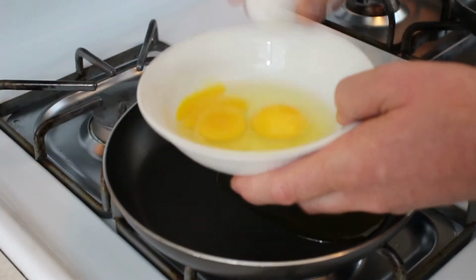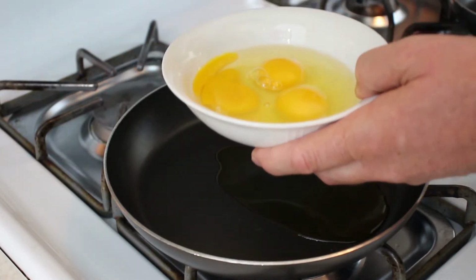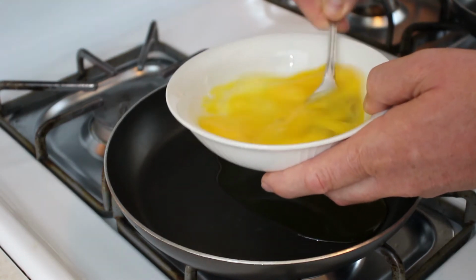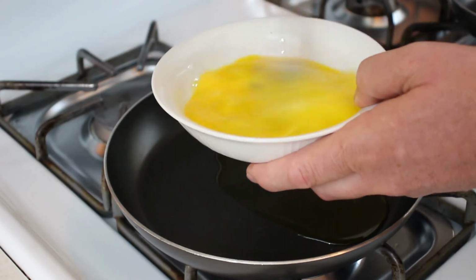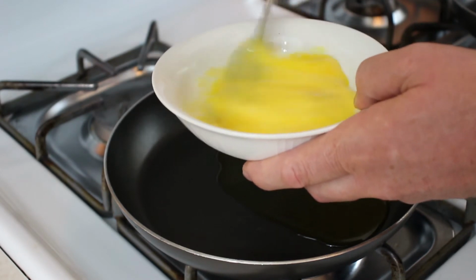And prepare our omelet. I'm just going to go ahead and use 3 eggs. The recipe that I will post will have the specifics, but 3 eggs is perfectly okay for this omelet. A little bit of whip in there, and I'm just going to put a little bit of salt and pepper in there, and I'm just going to whip these up really well and set them to the side while we